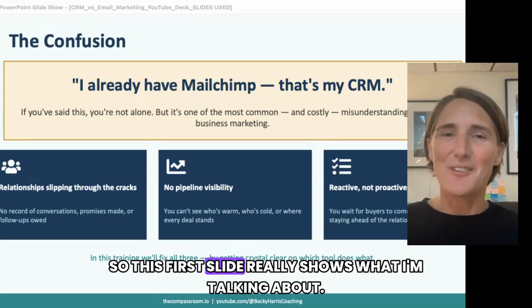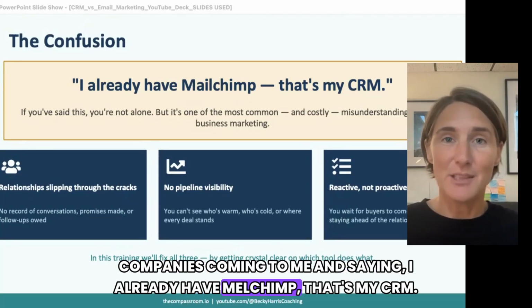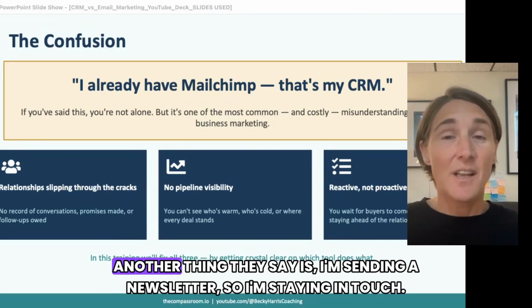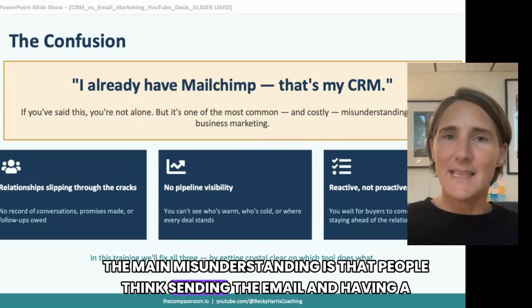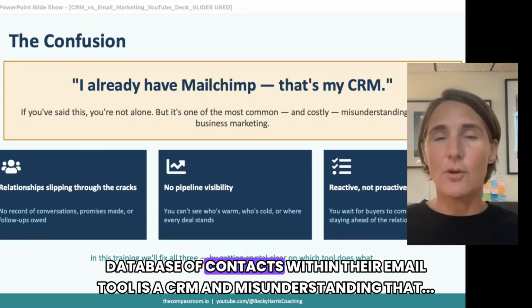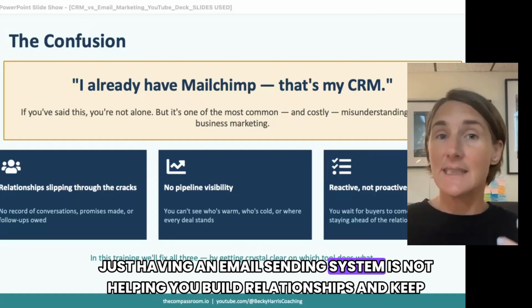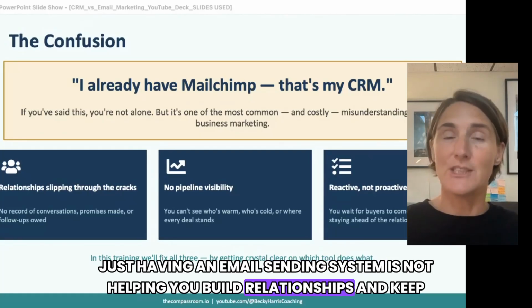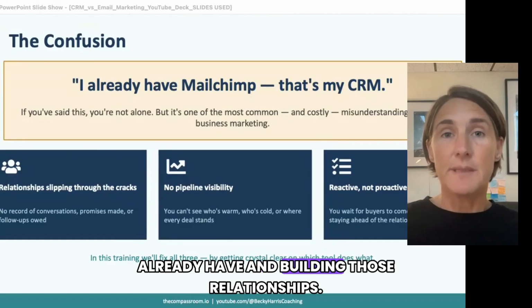So this first slide really shows what I'm talking about. Companies coming to me and saying, I already have Mailchimp. That's my CRM. Another thing they say is, I'm sending a newsletter, so I'm staying in touch. The main misunderstanding is that people think sending the email and having a database of contacts within their email tool is a CRM, and misunderstanding that just having an email sending system is not helping you build relationships and keep track of what's going on with your outreach and your contacts and the clients you already have and building those